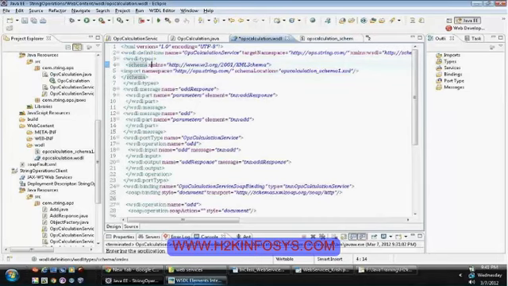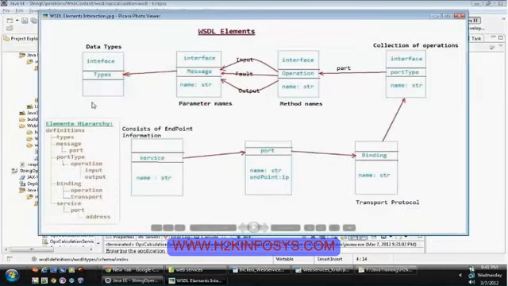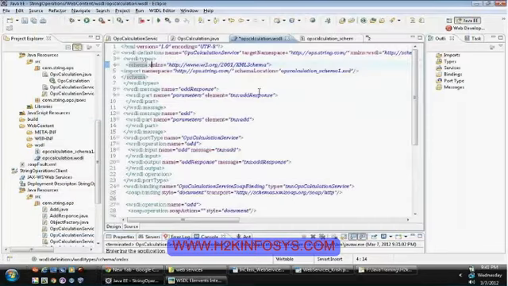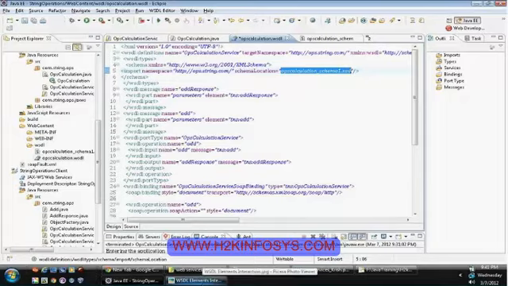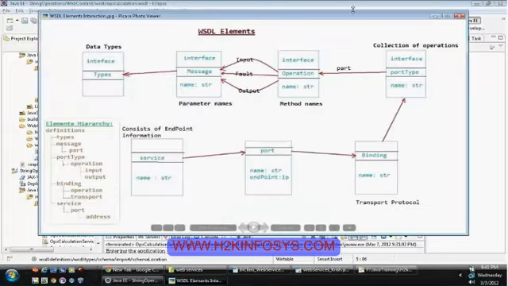Your types will specify all the data types. Either you can specify it here, or if you think this is clumsy, if you are specifying all the elements here, then you can go for a separate XSD file and declare the elements there. Okay, I'm just trying to get this hierarchy in my mind. No issues, it's taking some time, but no issues.